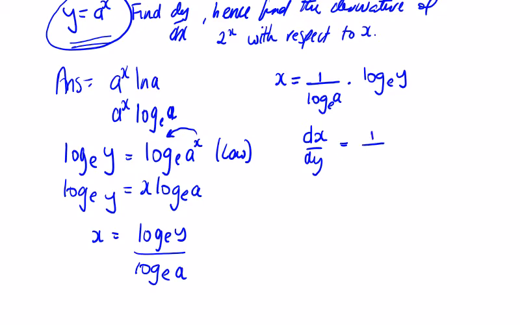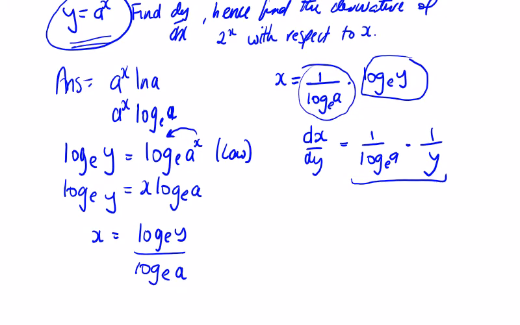I'm going to have 1 over log to the base a of e times 1 over y, the differentiated part of this. We imagine that as product rule, it would be the first by the second differentiated, plus second by first differentiated, which would give me a 0, because there's no y in this part. So the product rule is what's being applied here, but we just don't see the second part because we have 0 times. So that's going to give me dx/dy